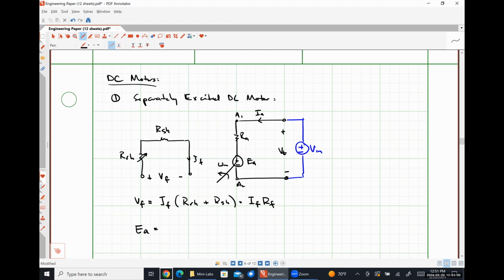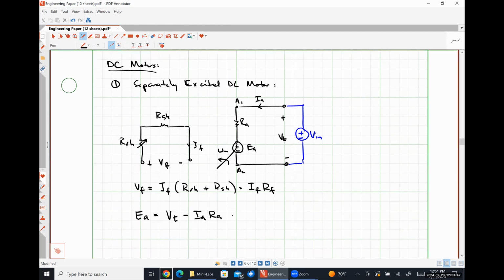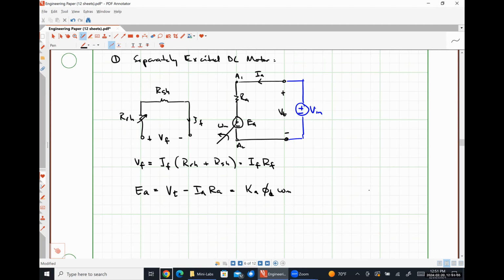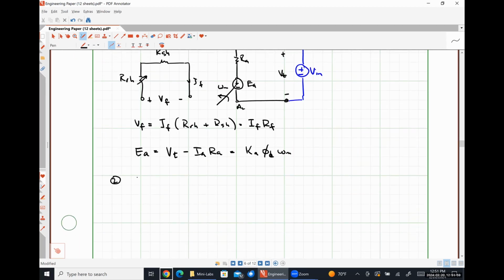Our induced voltage EA is now going to be VT minus IA times RA, where the minus sign comes from the fact that our current is flowing in the opposite direction. And EA, as always, can be expressed as KA phi D omega M. For our self-excited shunt motor,